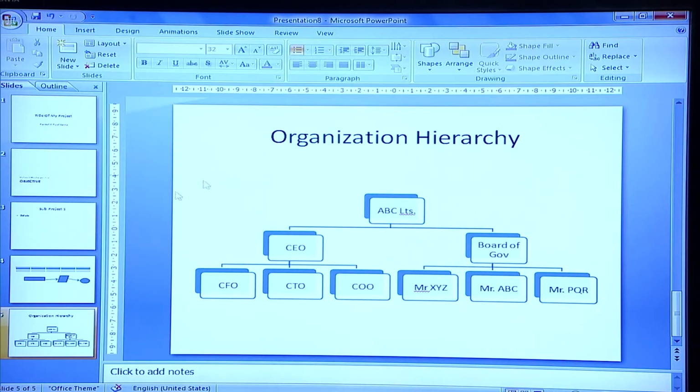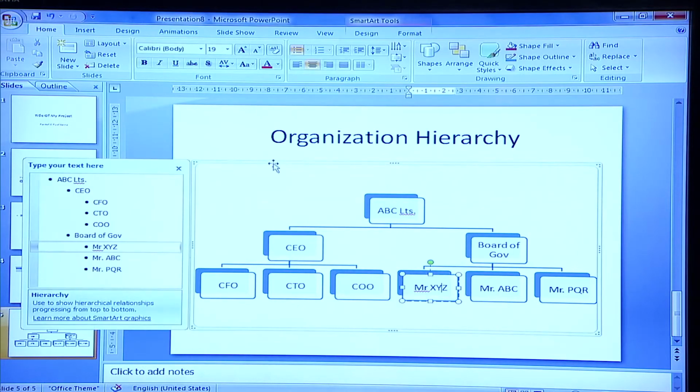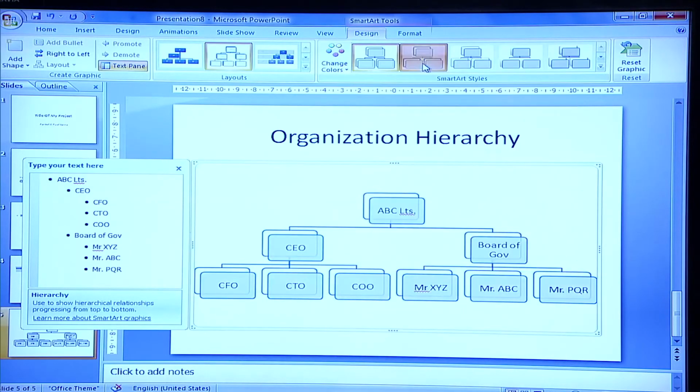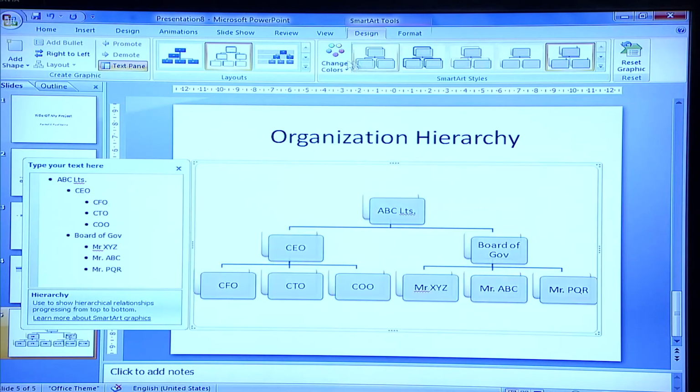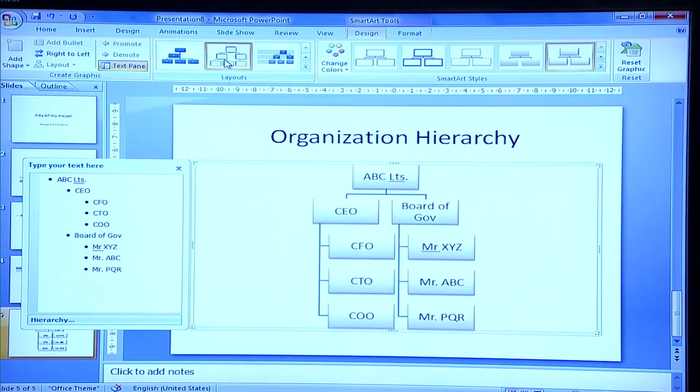This was the feature called SmartArt. When you have made this structured outline, you can click on the outline of this particular graphic and go to the SmartArt tools. You can change the design, change the color, or change the layout altogether.